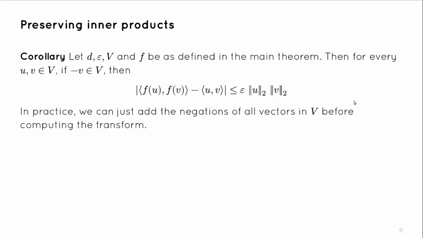Does this make it a group or a ring, or what does this do? It just makes it a set, or I guess you could call it a symmetric set, because if a vector is there, its negative is also there, but then it's just a set, so there's not necessarily any operations. Okay,